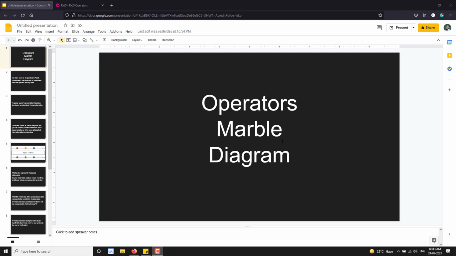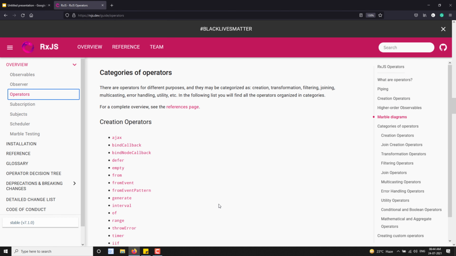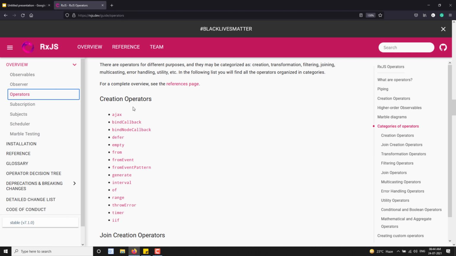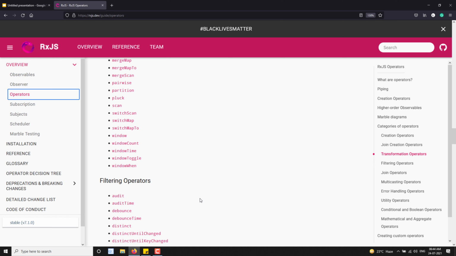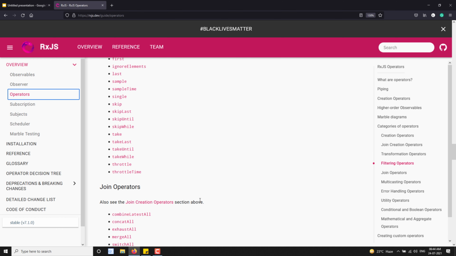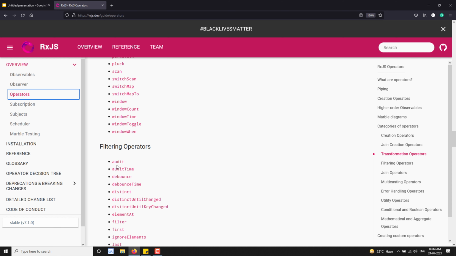Now, actually, in our videos, I already told you that there are hundreds of operators in RxJS. If you open the RxJS operators and scroll down, you'll be able to see the different categories of operators as we already discussed. So we see hundreds of operators, right? Now you may get a doubt: when I need to use all these operators, what could be the output? How can I know what the output could be?